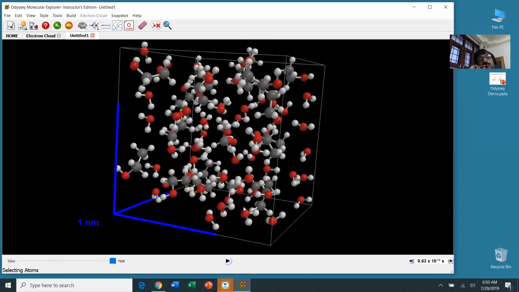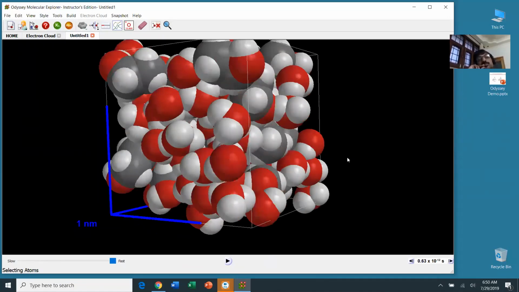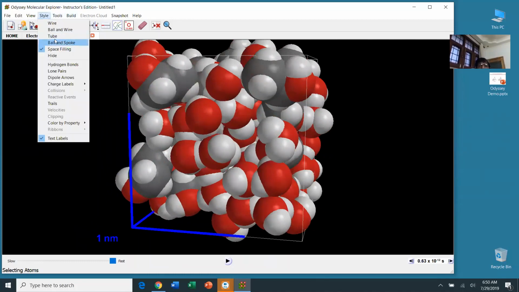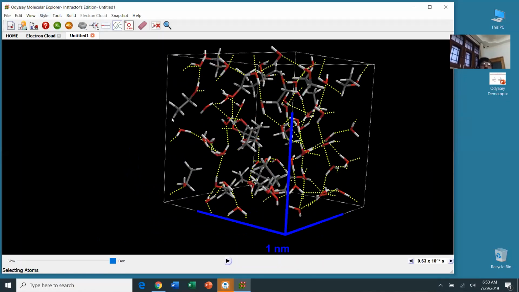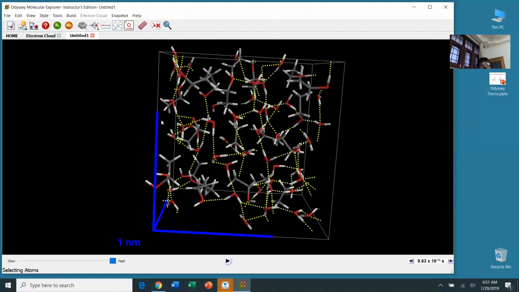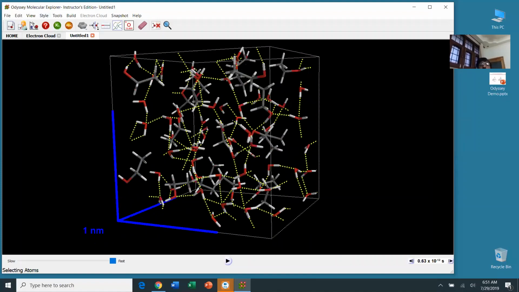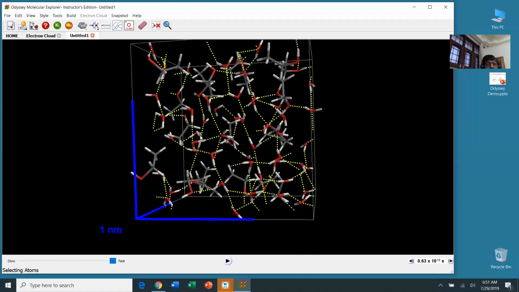If I put it on space filling, you see actually, oh, this is a bonafide, this really is a liquid phase model. I can go back to tube if I put it here on hydrogen bonds. So here's now why ethanol and water are miscible in all proportions: because of hydrogen bonding, ethanol fits in perfectly,